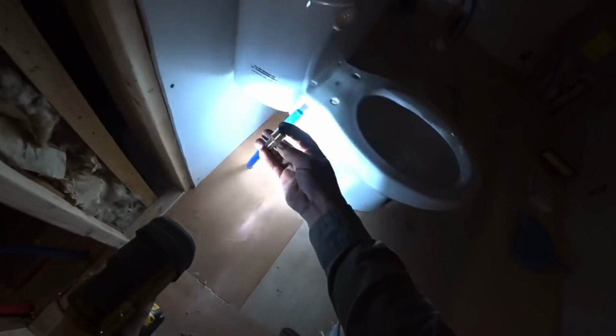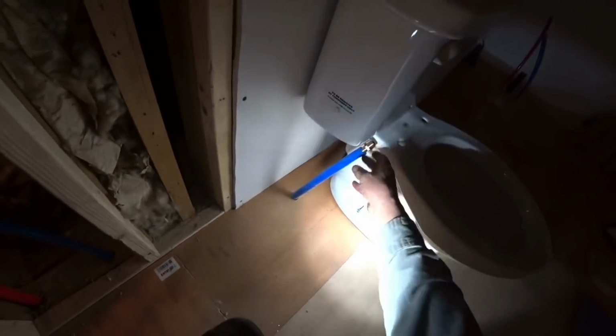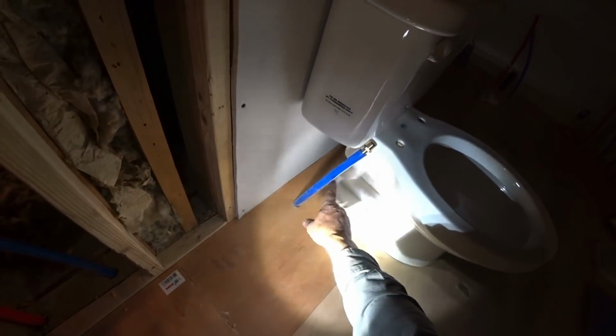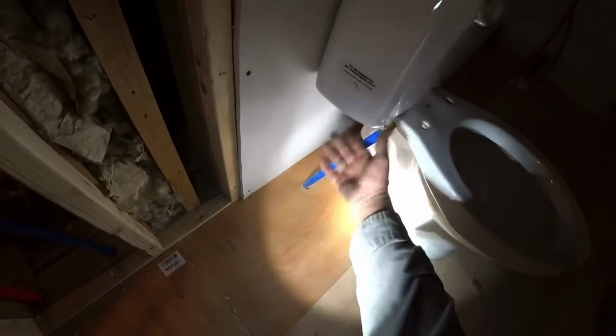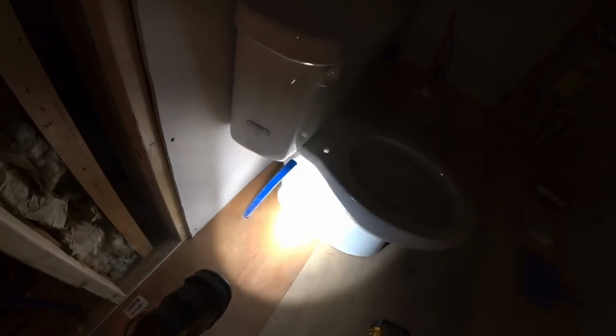I have to get a fitting that will fit there. I can cut that off, hook up to a PEX line. Kind of like this. This fits down inside there. You crimp it around there with the PEX line, and then you'll thread a hose. I'll cut it down there, and then thread the hose that'll go up to the bottom of the toilet here with a valve on it. So that'll be tomorrow,